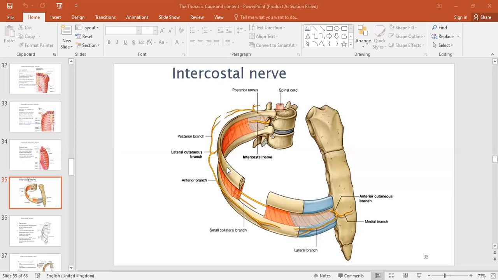So the intercostal nerve, apart from controlling the muscles there, is also giving sensory function to the skin. So you find that if there's damage here, for example, there will be loss of function of these muscles and also loss of skin sensation. But if the damage is at this point, the sensory function will remain, but the motor function will be knocked out. Okay. Then when it comes to arteries and veins,